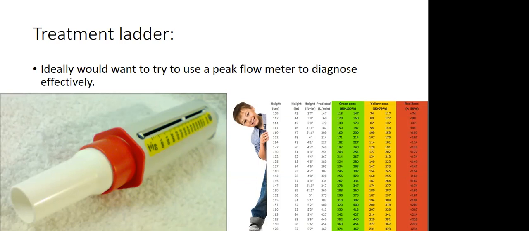Now, the way this works is you ask the child to sit up straight, or stand up is even better. And you ask them to blow as hard as they can into there. And you do it 3 times. And whichever one is the best one, that is what you call your peak flow. Now, if a child has asthma, you'll see that their peak flow will be really reduced. And you have a chart very similar to, if you remember from the nutrition, your green, yellow, red. Same for asthma. You have your green, yellow, and red for the chart, and it's depending on the child's height.